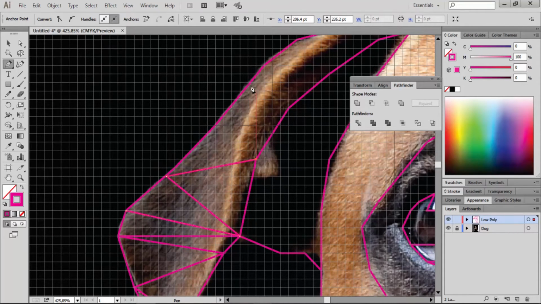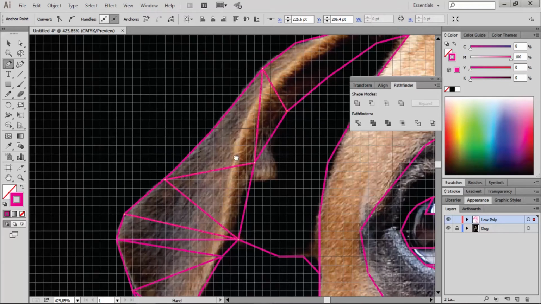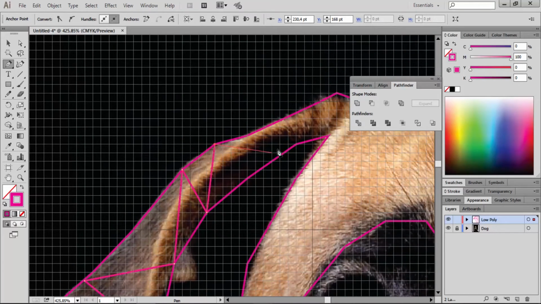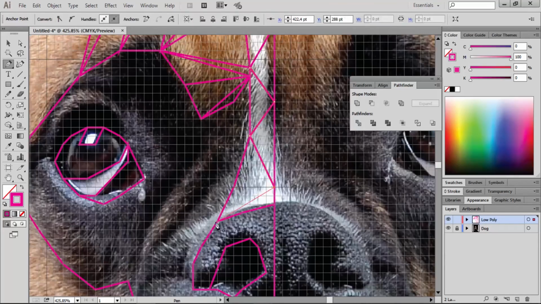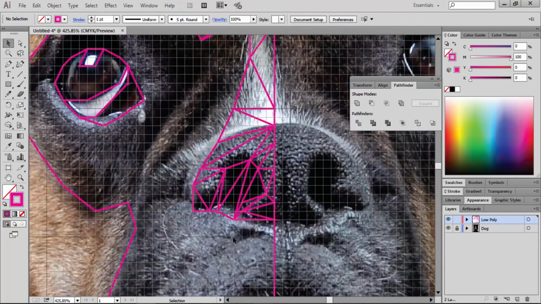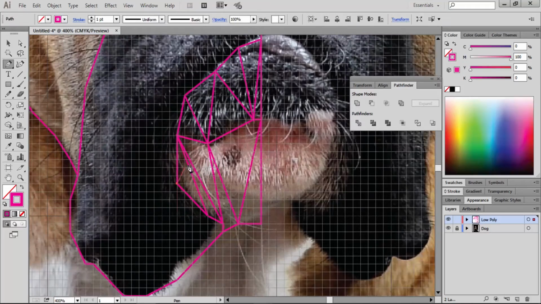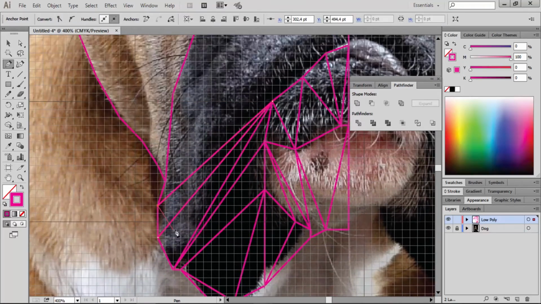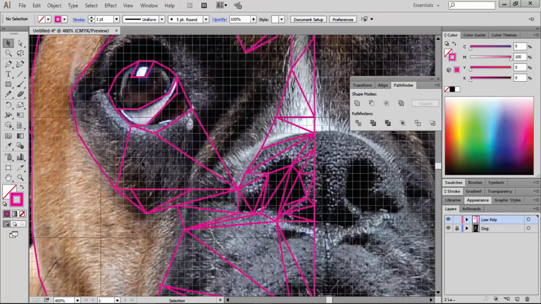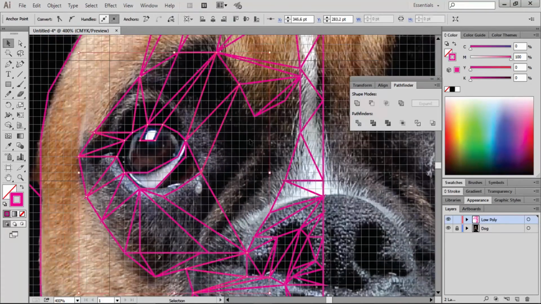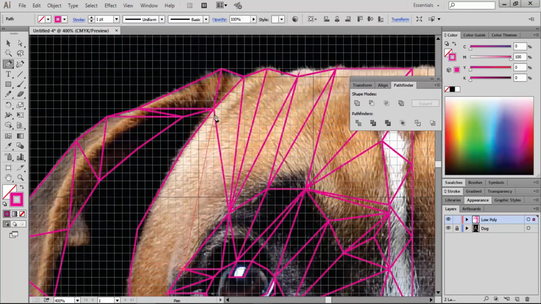We have to fill all these spaces because later we're going to fill them with colors. Now I'm going to fast forward this part because it's going to take some time and I don't want you to fall asleep on me. Just remember to fill all the spaces we created with some more paths, creating triangles over all the dog's face.